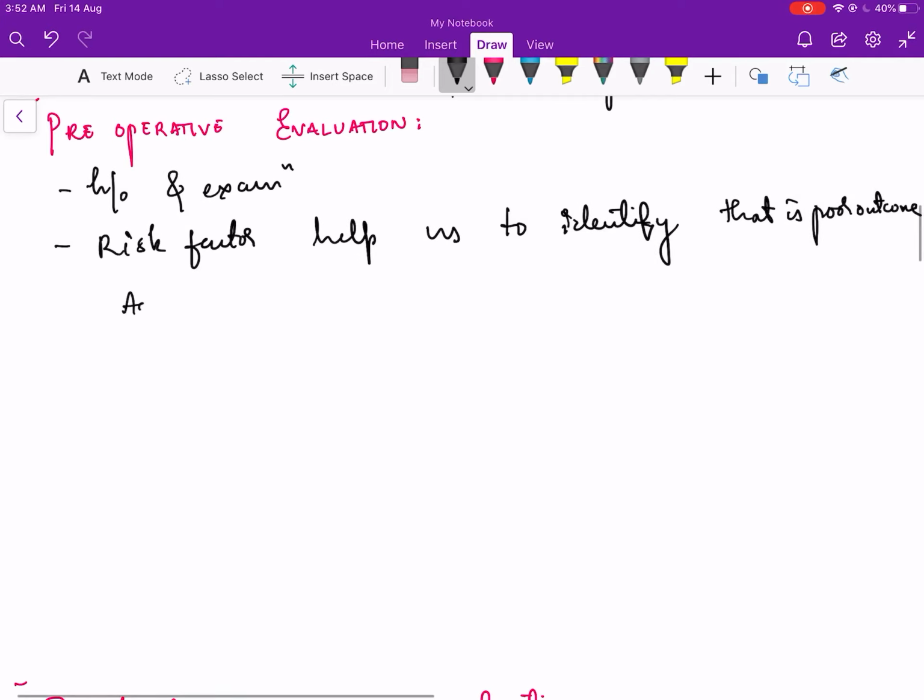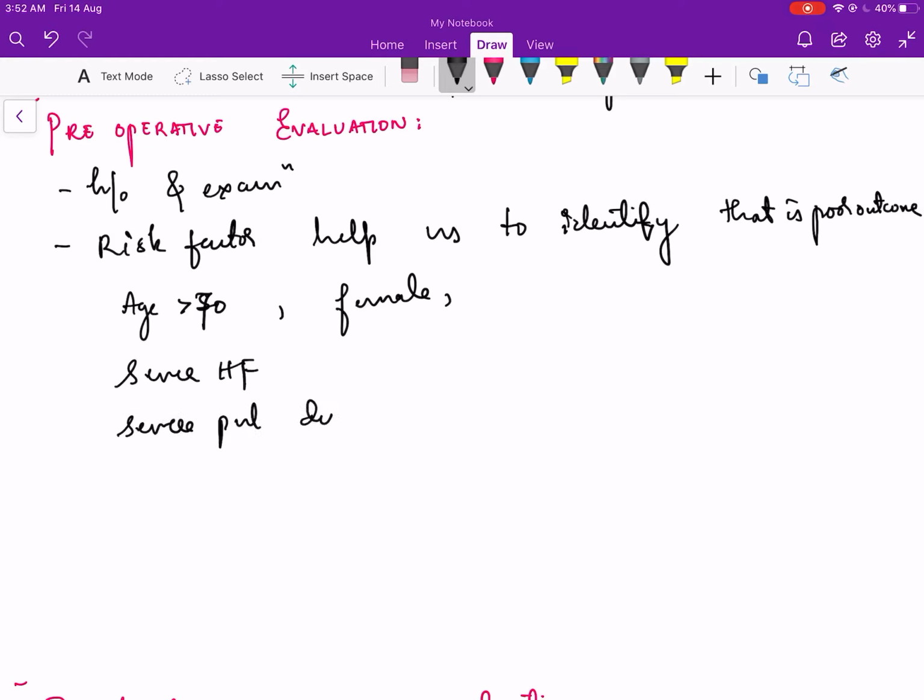If the age is more than 70 years, if she is a female, if there is severe heart failure, severe pulmonary dysfunction, renal failure, or when stroke has happened,